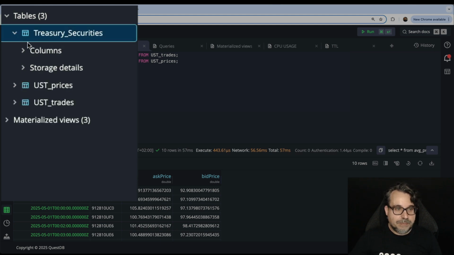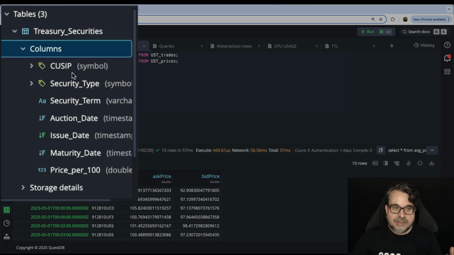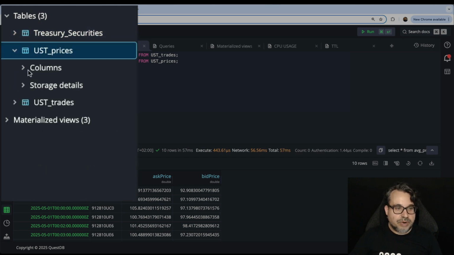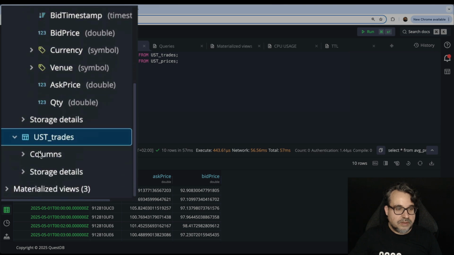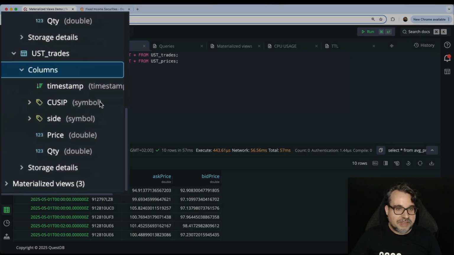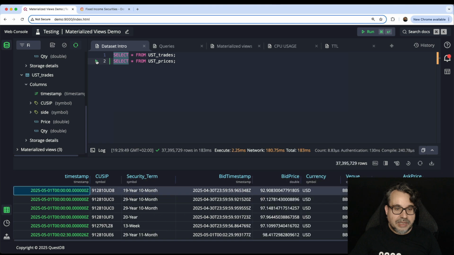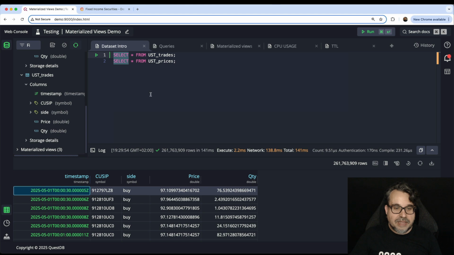So I have a table with some master data from Treasury securities, and then I have some prices and some trades. So let me just show you how much data I have right now here. I have only about not even 40 million rows of prices, and I have 260 million rows with trades, which is not huge, but it's already big enough that it could get slow.